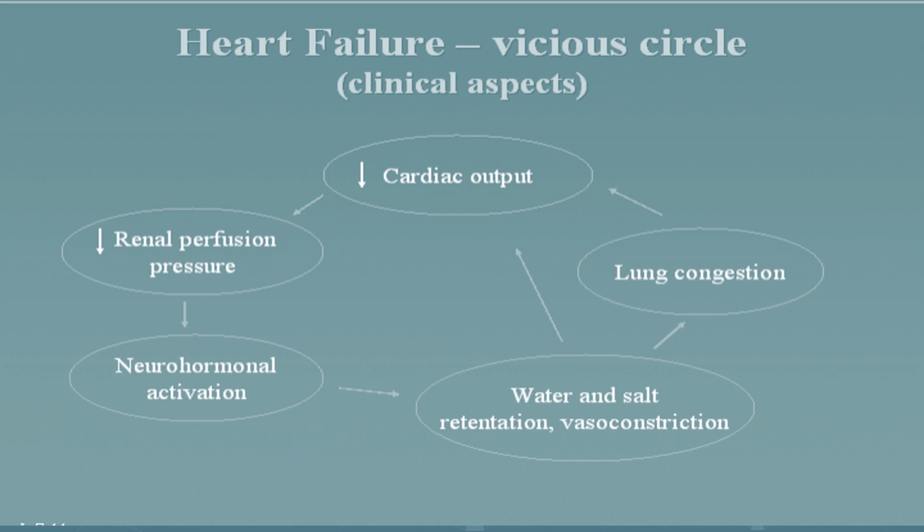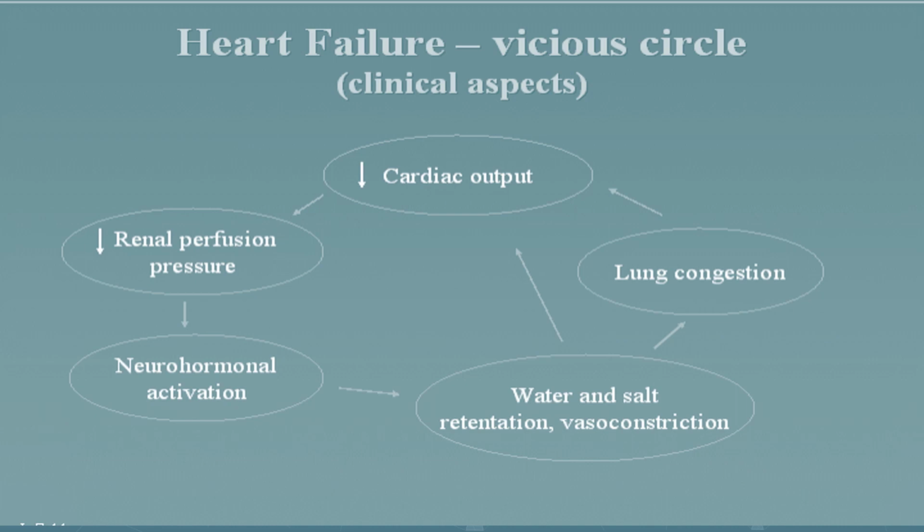Here you will require some diuretics because there is salt and water retention. There is neurohormonal activation; there is angiotensin that is released, and then there are some natriuretic peptides. So you require to inhibit those neurohormones. Here you require to give some ACE inhibitors, ARBs, and then some inhibitors of the natriuretic peptides.